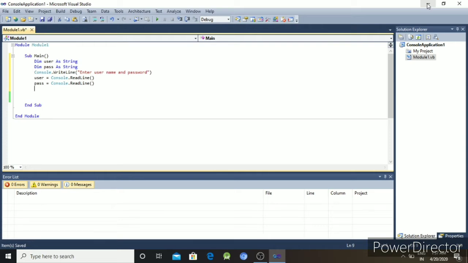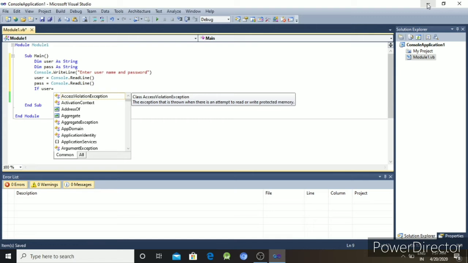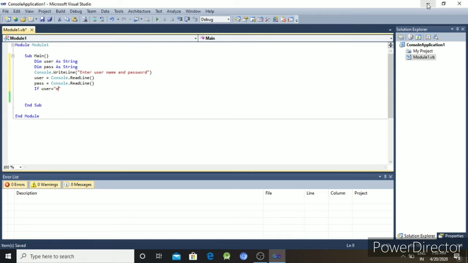And I want to authenticate whether the username and password are correct or not with the help of nested if. So I will write if user equal to MCR, then I am giving the dummy password.